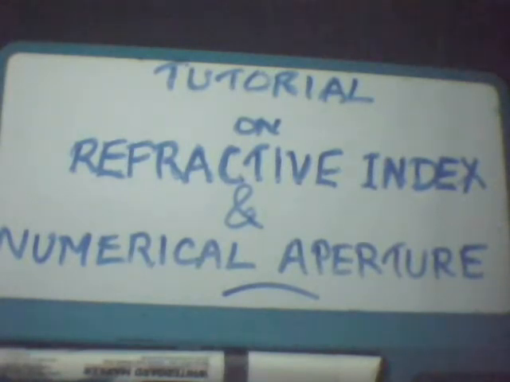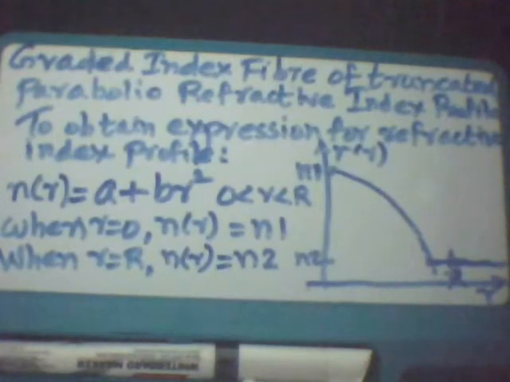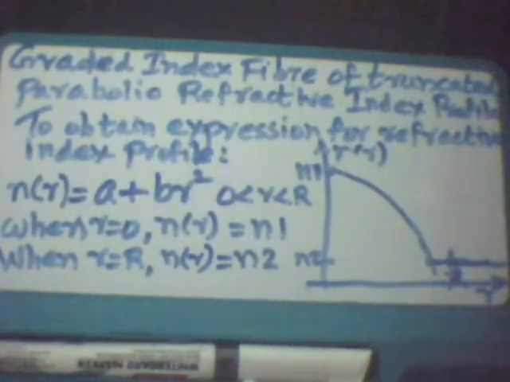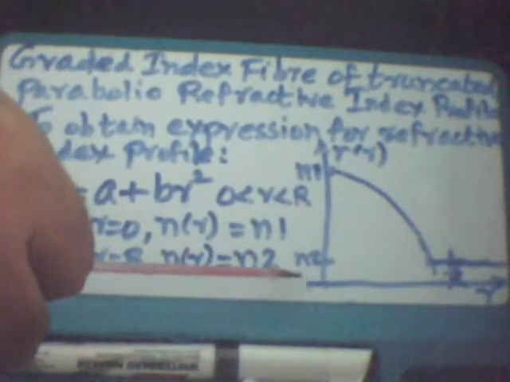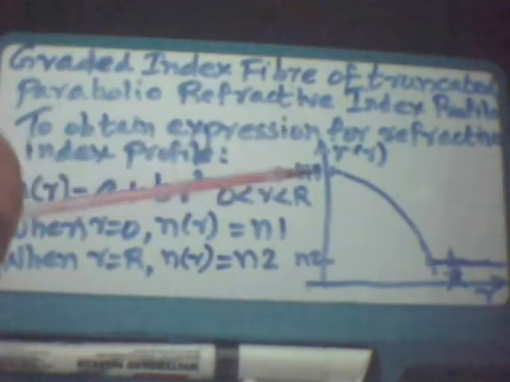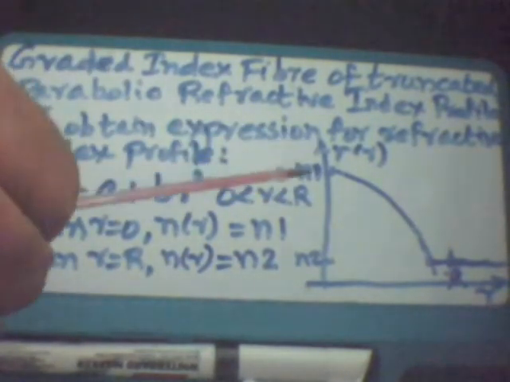We will try to solve some problems based on refractive index profile and numerical aperture of an optical fiber. We have an optical fiber of a graded index type with a truncated parabolic refractive index profile. As you can see, this is a truncated parabolic refractive index profile. The radius of the core is R, and n1 is the refractive index of the core, and n2 is the refractive index of the cladding, and the refractive index varies